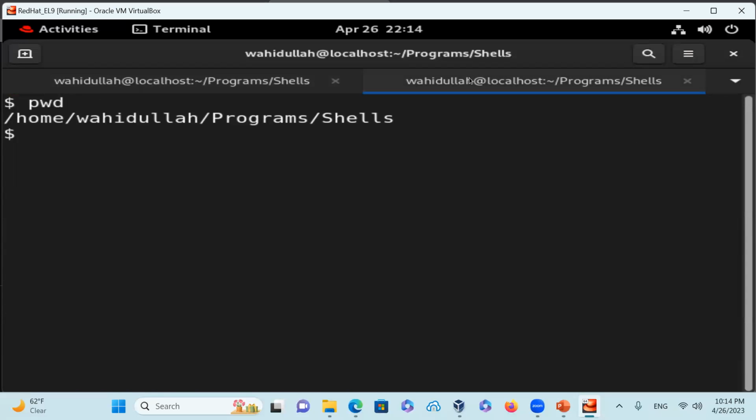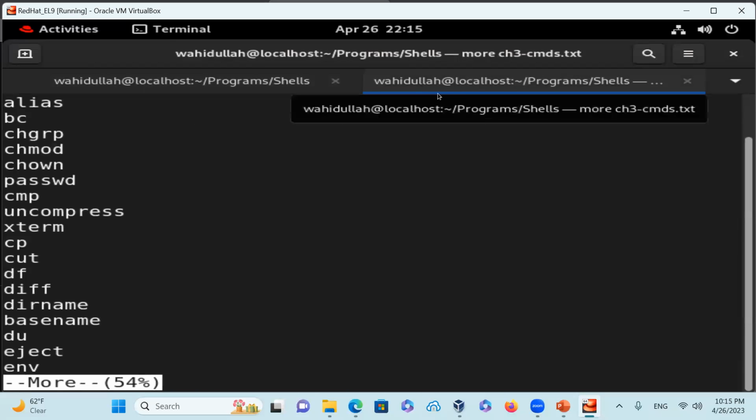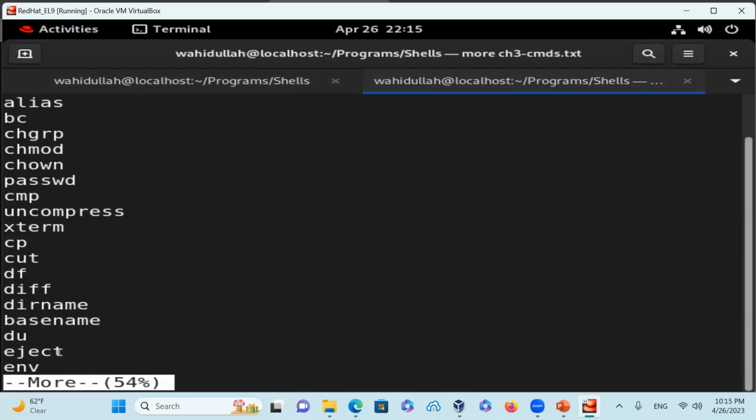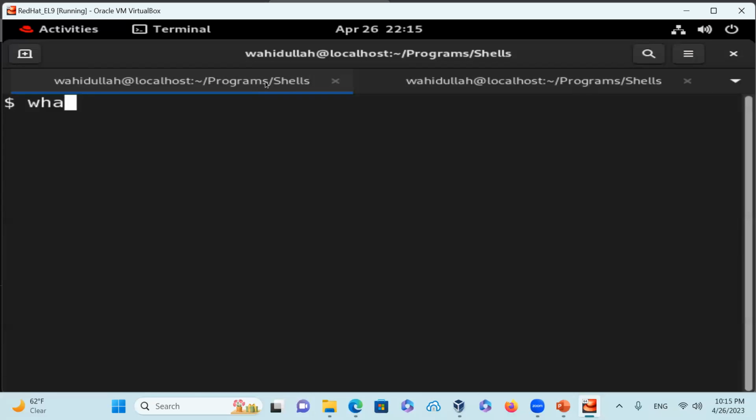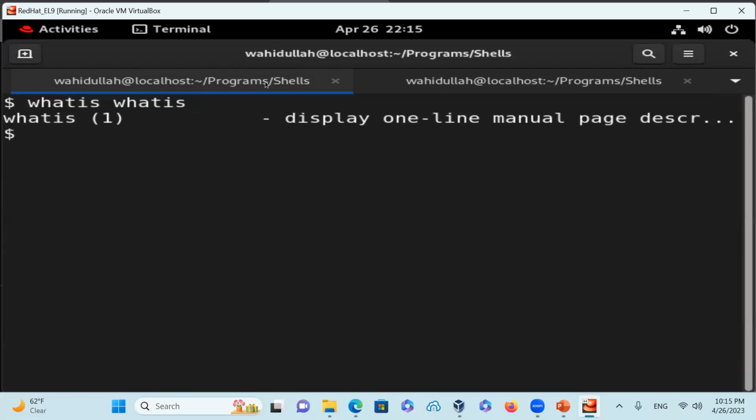So, more of chapter 3-cmds.txt. We were talking about environment, finger, grep command, whatis, and groups. So whatis basically tells you what the command is used for. What is